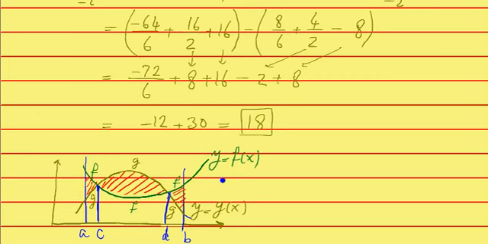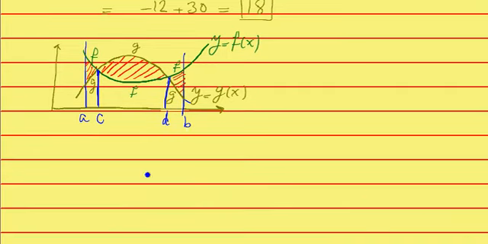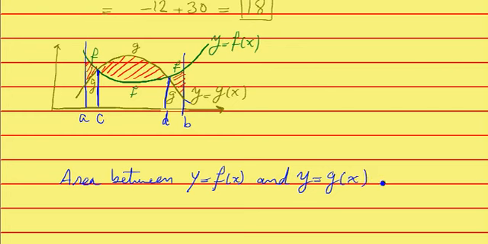Problems like this tend to be a bit tedious, that you have to repeat the same thing several times, but we could just go ahead and write a formula that's nice and comforting. Area between y is equal to f of x and y is equal to g of x over interval from A to B is